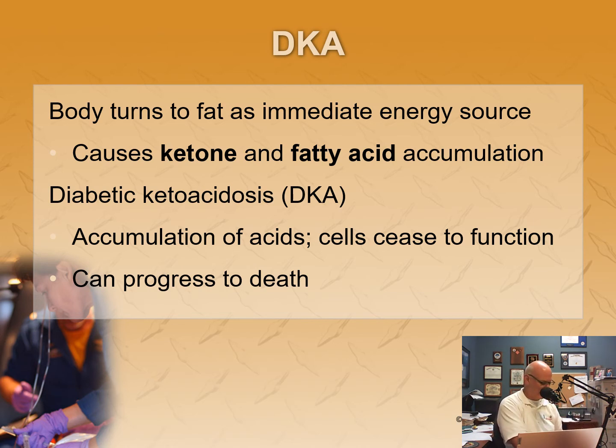Hence, they are hyperglycemic. So the tissue and the cells will burn an alternate energy source, and that alternate energy source will end up giving them ketones and a fatty acid accumulation. And that's why we talk about DKA, diabetic ketoacidosis, in the metabolic acidosis lecture. So here, what we could think of that's also related right away is when we